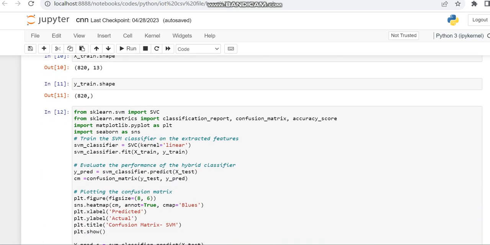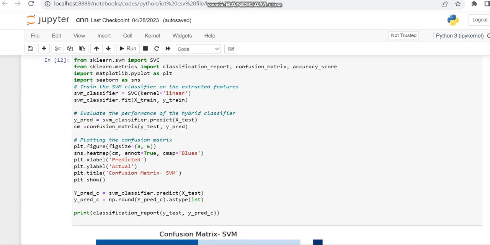Then we are using our SVC, that is support vector machine. Here the kernel which we are using in the support vector machine classifier is linear. Then we are training our SVM classifier using the variables X train and Y train. Then we are testing it using the X test variable,